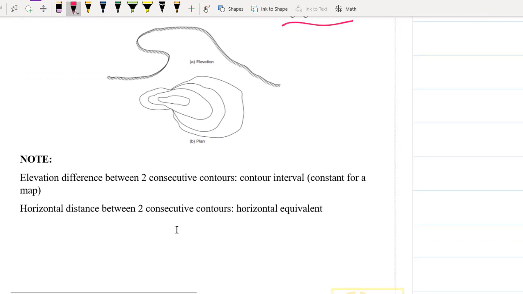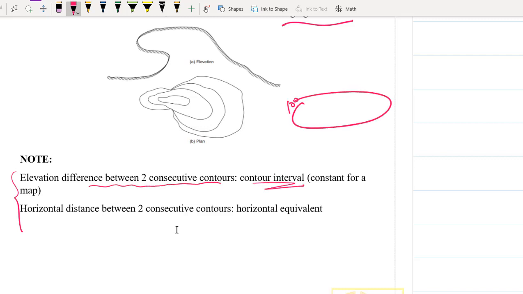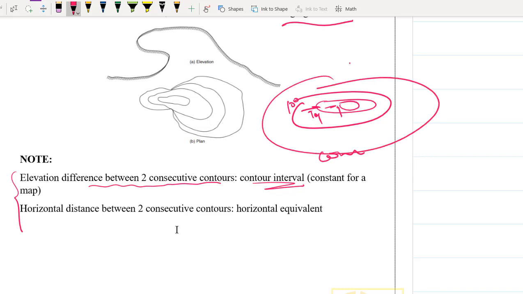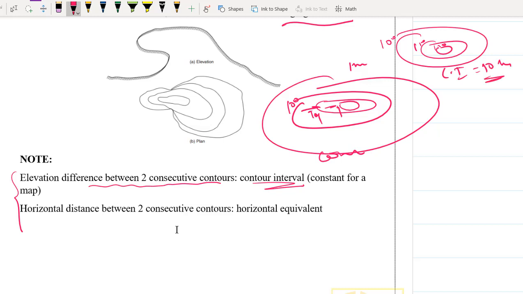Very simple topic. And let me end it with a very important note, frequently asked. Elevation difference between two consecutive contours is called contour interval. See, on the map I have drawn this 100, 99, so 98, whatever this difference is there, right? 1 meter difference or 5 meter difference, it is up to you. That equal difference, whatever you are taking, that is called contour interval. So if I am drawing a map like this, this map has a contour interval of 1 meter. If I am drawing a map like this, 100, this is 110 and here 120, this has a contour interval of 10 meters. I hope you got it. Did you understand?